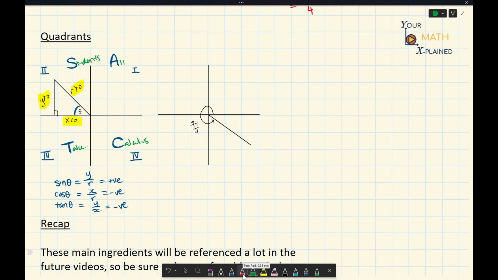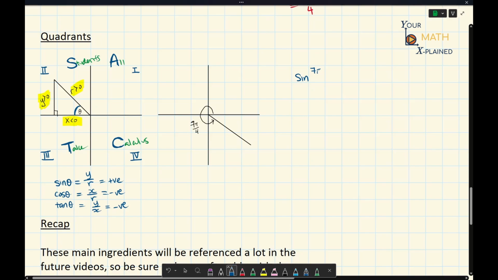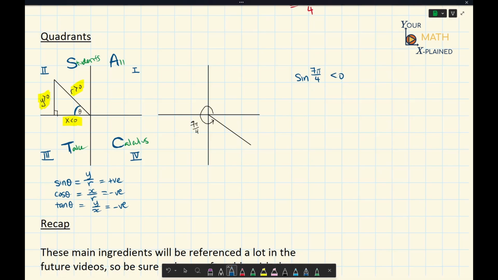So now using that information, let's take a look at our previous example where we had our angle as 7 pi over 4. So that tells us that sine of 7 pi over 4 is going to be a negative number because we are in quadrant 4 where only cosine is positive. So sine is going to be negative, and then cosine of 7 pi over 4 is going to be positive. And tangent of 7 pi over 4 is also going to be negative. At this point, we don't know what the values are,